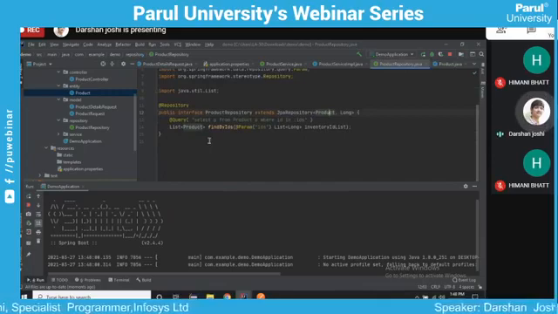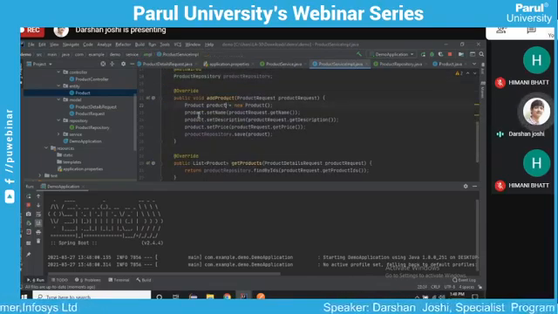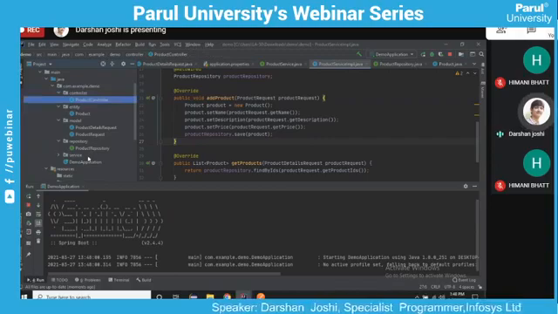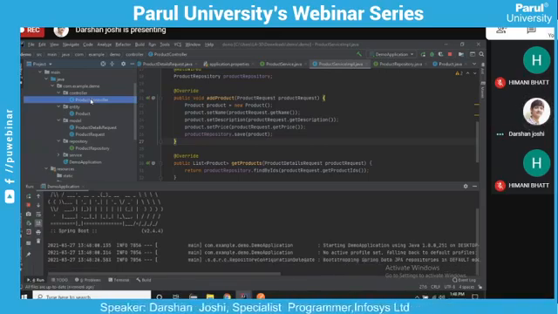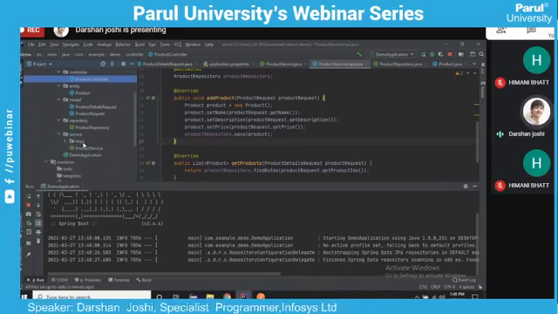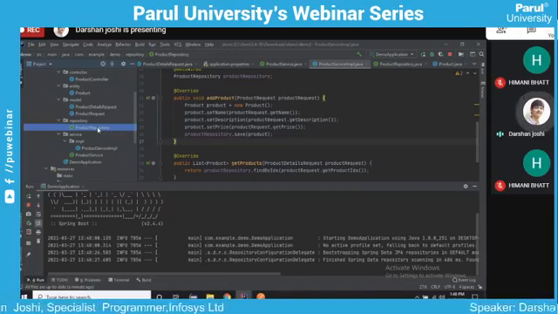This is a repository using which we can communicate with the DB tables. And this is the service layer. In the service layer, we are just writing the business logic. So there are three parts of any Spring Boot backend microservice: controller, service, and the repository. The controller's job is to take the request and handle all the configuration related to request mapping. All the business logic is there in the service layer, and there's the repository layer which talks to the database for us.